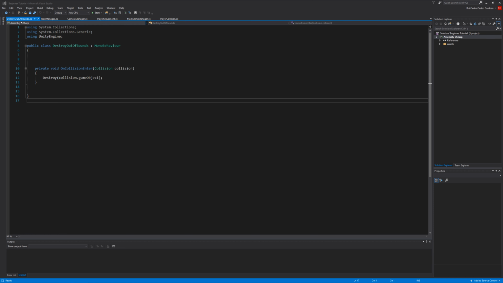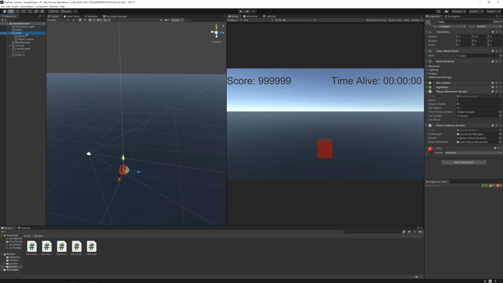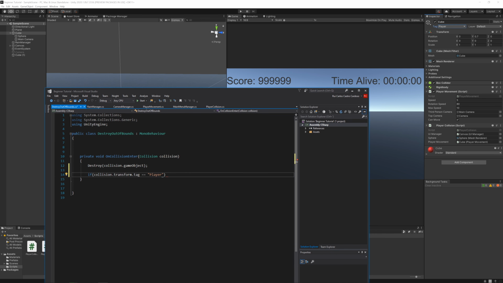One last thing we need to do is when we get out of bounds, we also need to disable. So if collision.transform.tag equals player, that's if you go to inspector, let's give a tag player, save it. So if we collide with something that has a tag player, which is the case,